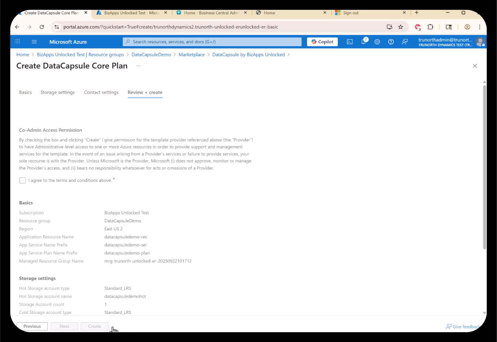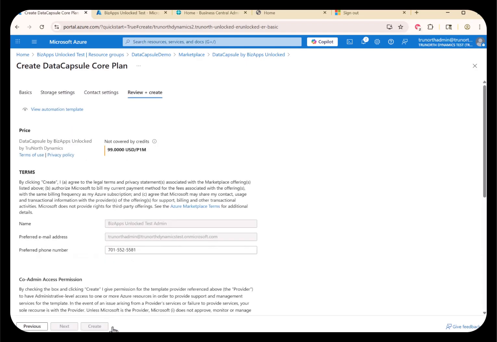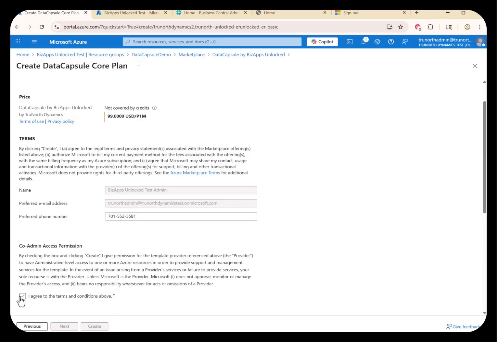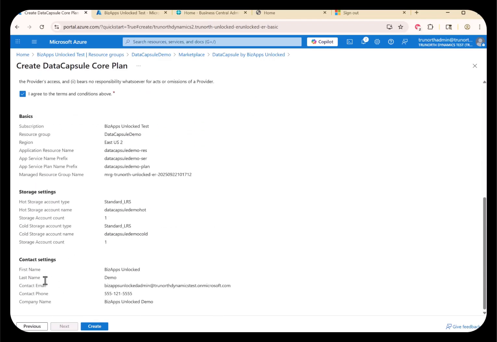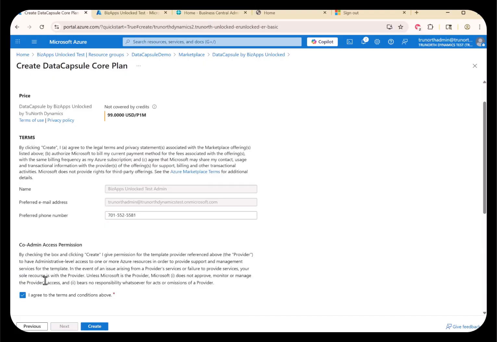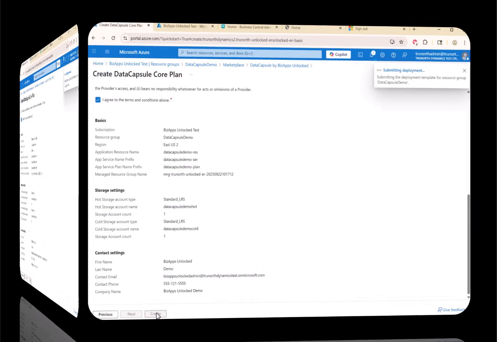This brings us to the final step in our installation process, where we're going to review all the information that we've entered. We're going to make sure it's correct, and then we're going to check the box saying that we agree to the terms and conditions, and again, give everything one final review. And then we're going to hit the Create button down on the bottom left of the screen, and that'll kick off the installation process. Once we hit that Create button, Azure is going to kick off the installation process,